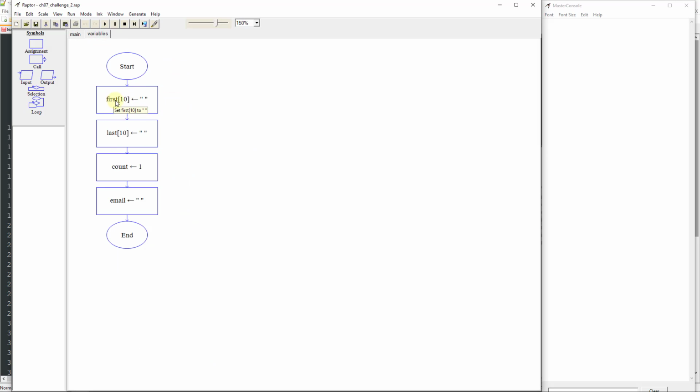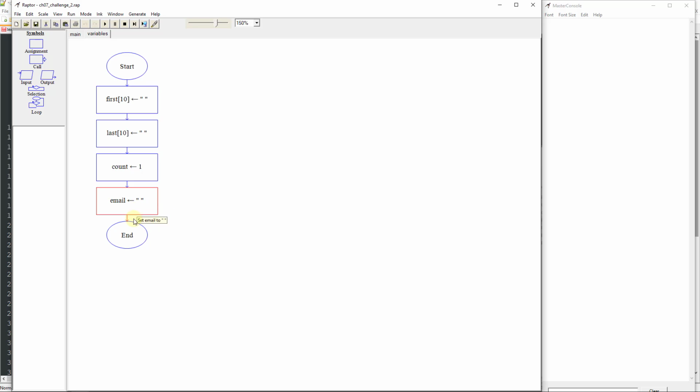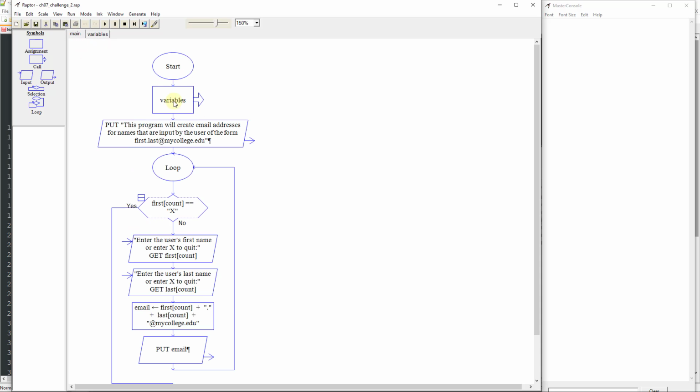Okay, so what we're going to do is we're going to create our variables. Now on our variables, we need first name and last name, and we're just going to go ahead and create an array of 10. In this case, we're probably not going to put in 10 for this example when we run through the video, but we're going to create an initial array of 10 for the first name, 10 for the last name. We're going to set our count to 1, and we're going to set our email to quotes so that we can put text in there, and we'll put that in here in just a minute. It's going to come back to the main.